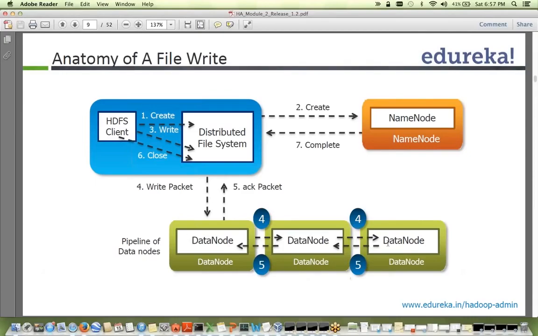So now at this point of time, all the 3 blocks are written, and then they will basically send an ACK back to the client that we are done. So this client will now know that I am done. So it will then close this session with the file system, which was talking to the data nodes,